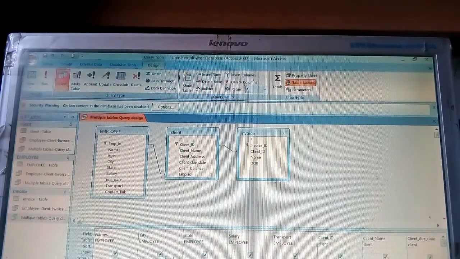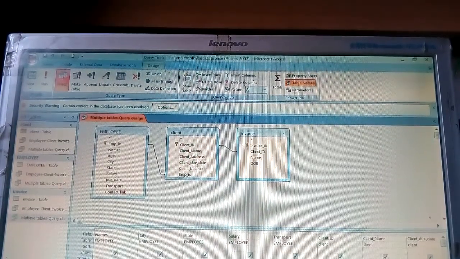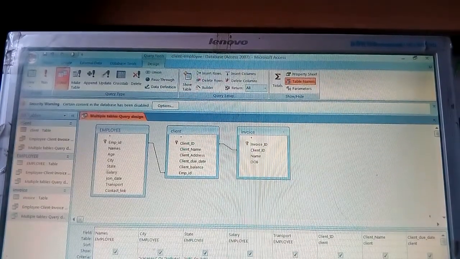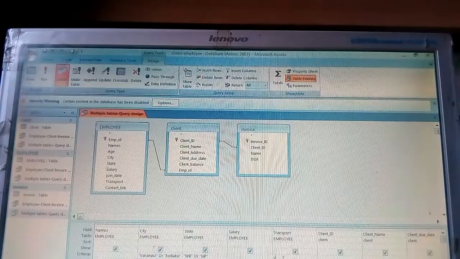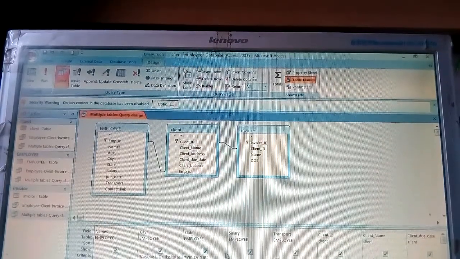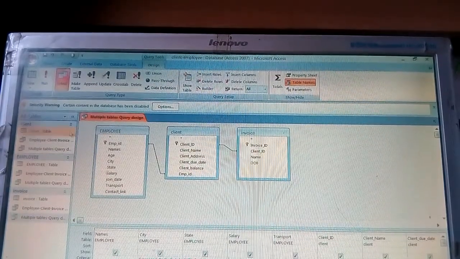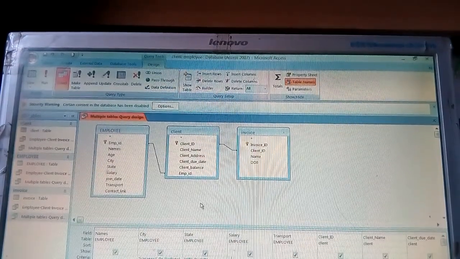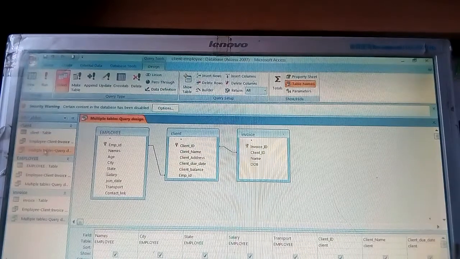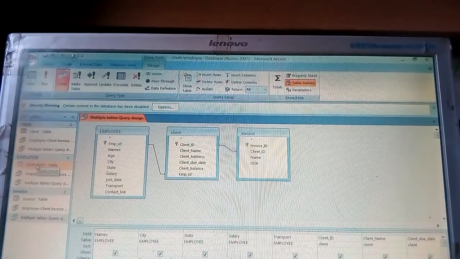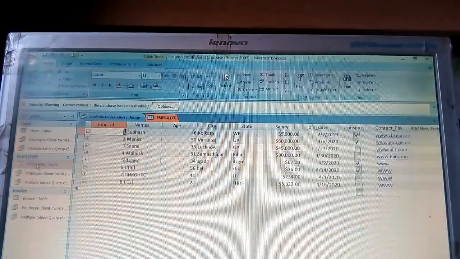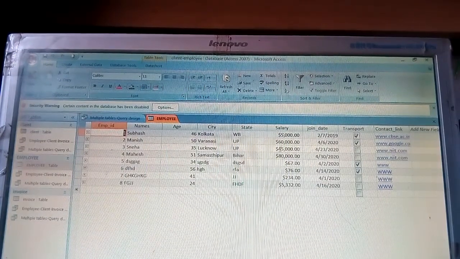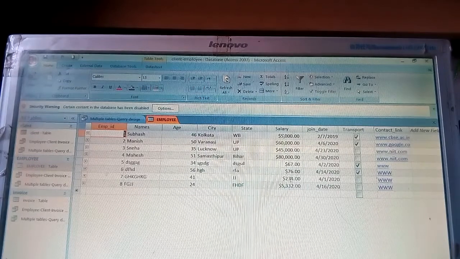And suppose one more, oh sorry, salary is not yes, transport is yes, salary suppose greater than. Suppose I have given here salary greater than, let us see the employee table, salary 5,000, 60,000, 45,000.